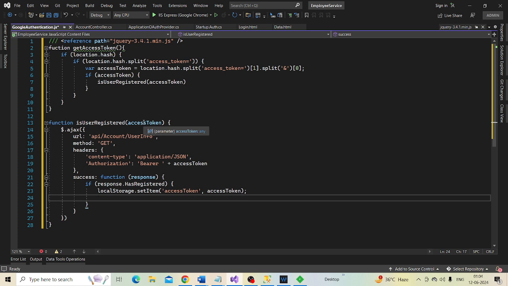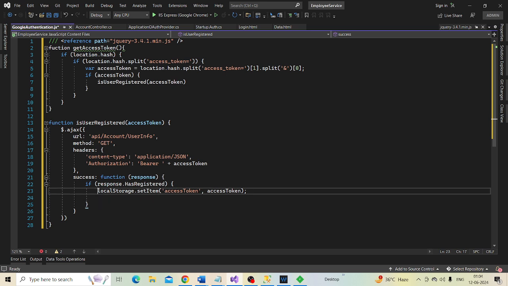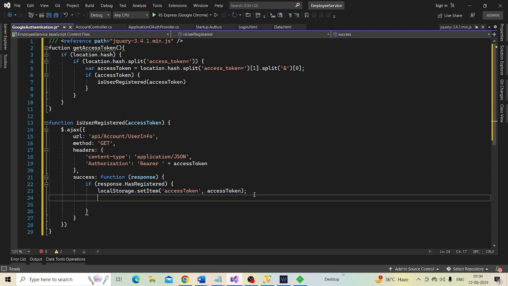Similarly, within local storage, let's do username as well. Let's use the key as the username, and where are we going to get the username from? Let's copy and paste it here, right here, username.